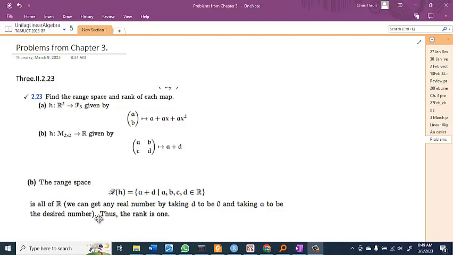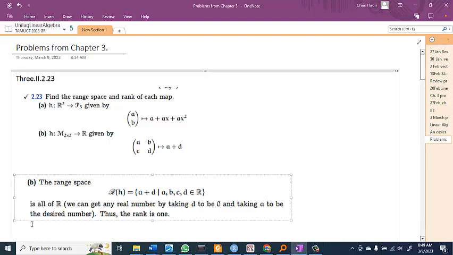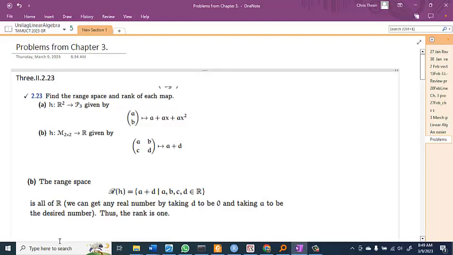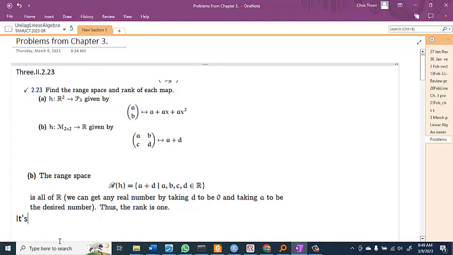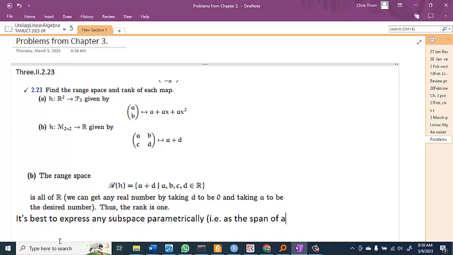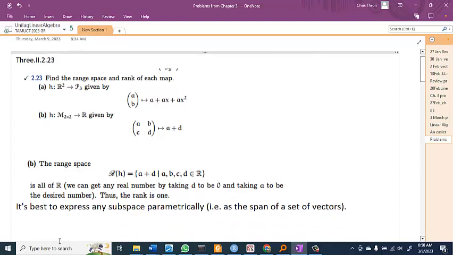Typically, you should express a range space as a span or linear combination of vectors. Okay. So let me just make that point. It's best to express, well, any subspace, parametrically, i.e. as the span of a set of vectors. Okay. So, for instance, the better answer is that